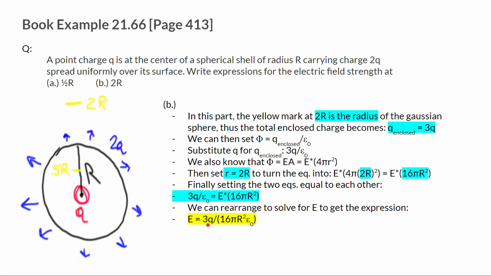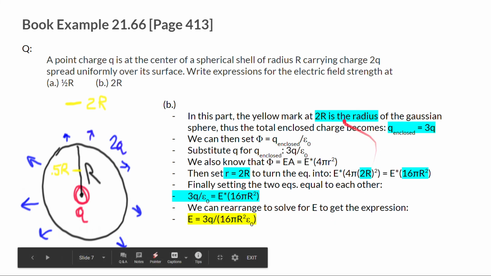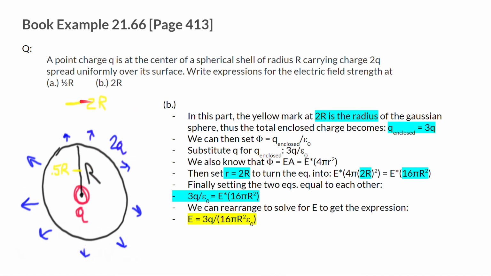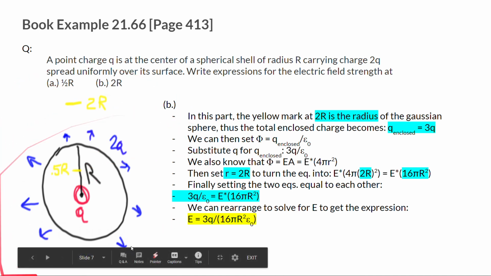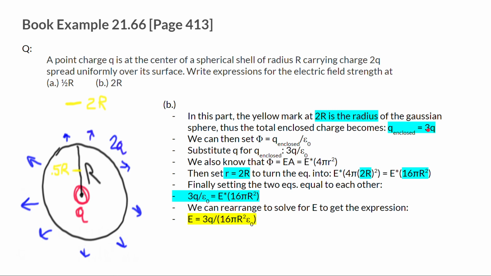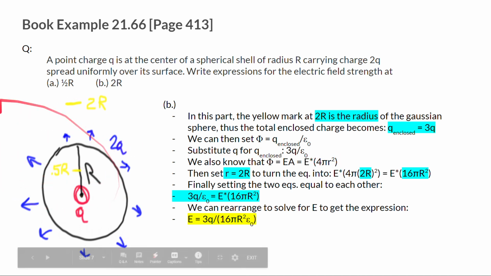The next one is handled roughly the same, except I highlighted in cyan the parts that are different. But again, this is now 2r instead of half of r for the radius. So this whole sphere is the new enclosed charge, which is red Q plus the 2 blue Q's. So we have a total enclosed charge of 3Q. Here the flux, again, is still total charge divided by epsilon naught, which is now 3Q divided by epsilon naught. The equation for flux is still the same, with area being 4 pi r squared, because we're still using a sphere